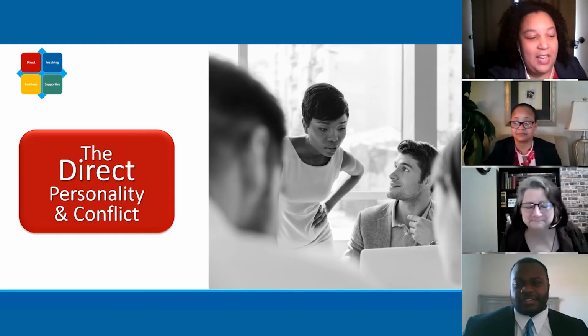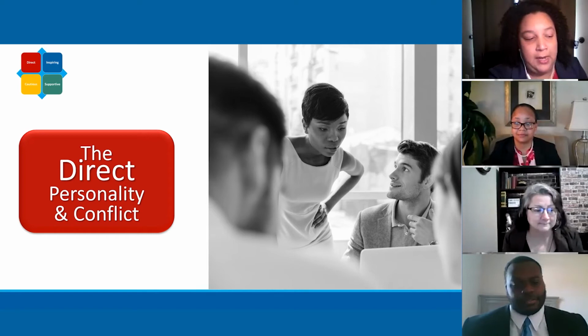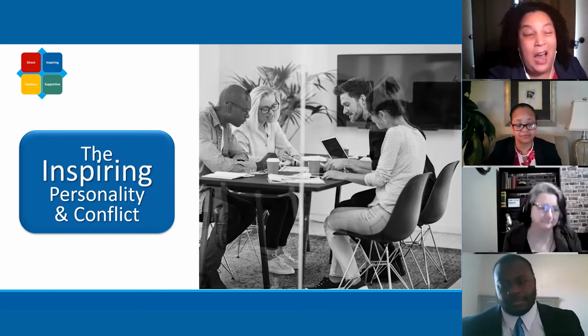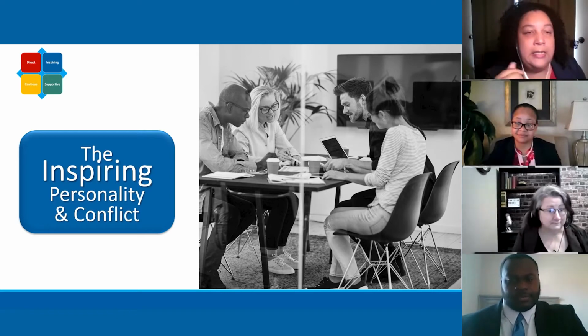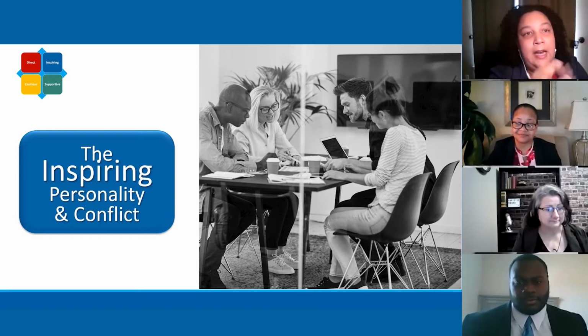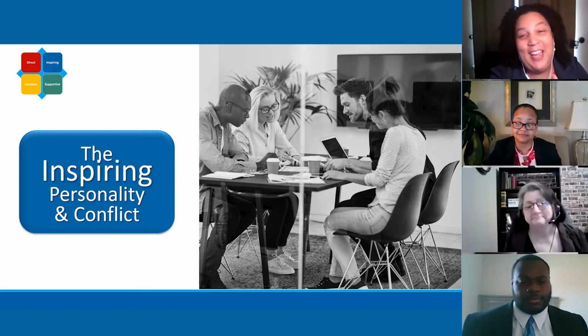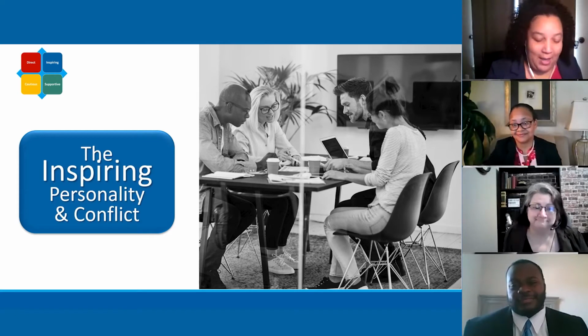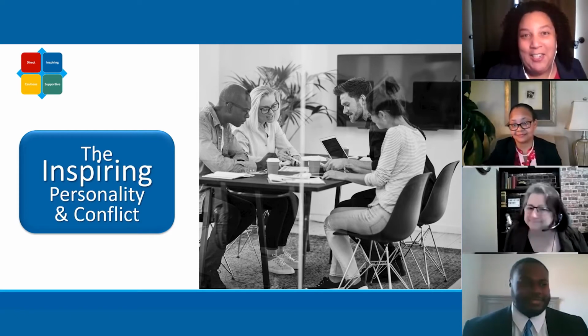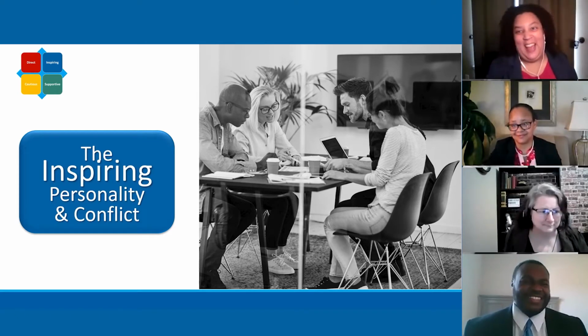So here is the cool information. The next personality type is an I, and I identify with an I. And some of the things with an I is that you've got to keep us on task. You have to help us stay organized, because sometimes our mind is going so fast. I feel like I's are like a Cracker Jack box. You never know what you're going to get inside.